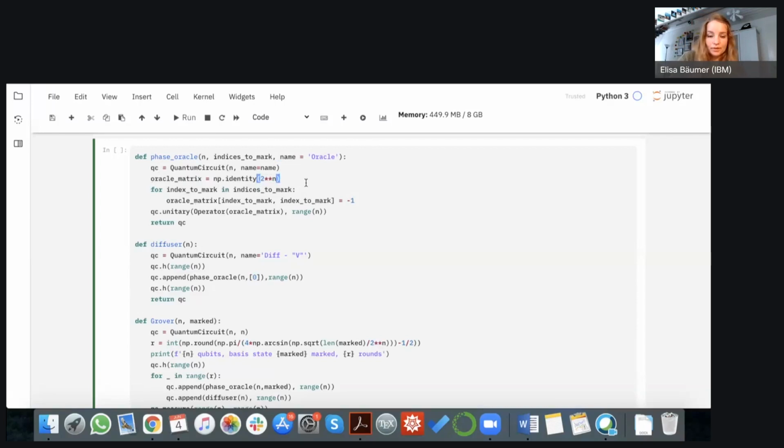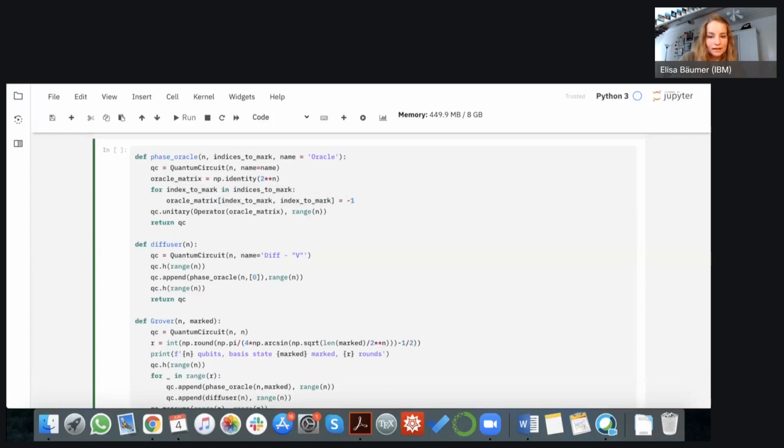But what we want, as the name suggests for the phase oracle, is to get a phase on all our marked elements. So we do a for loop over the indices that we want to mark. For each of them, we take the corresponding diagonal element in the matrix and replace the 1 by a -1.